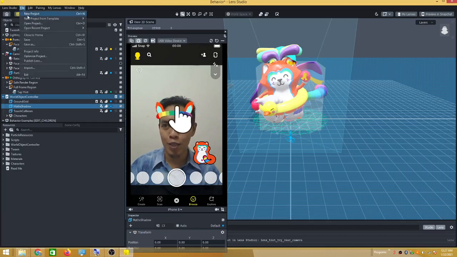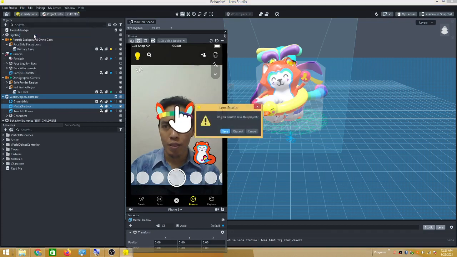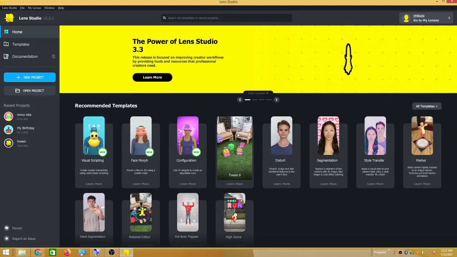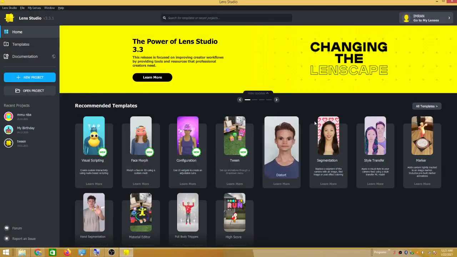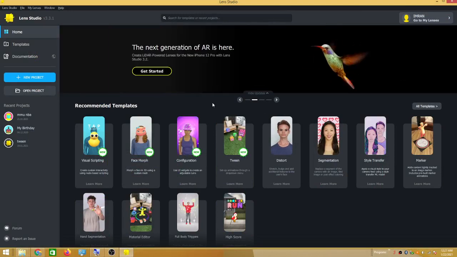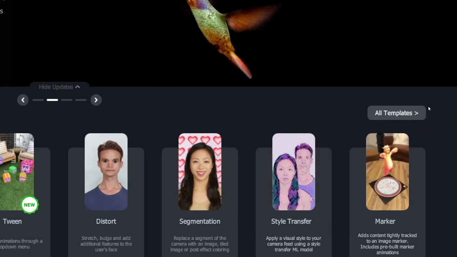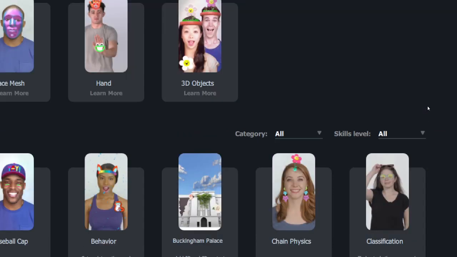Let's go to file and then go back to home, close to home. Okay, discard if we don't want to change. Right, once you are in the home screen, this is a good beginning point for you to explore. Can you click all templates, which is just here on the right side, and then you can actually sort by the category, skill level,